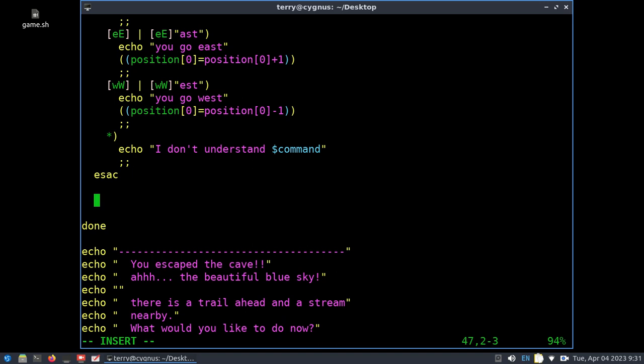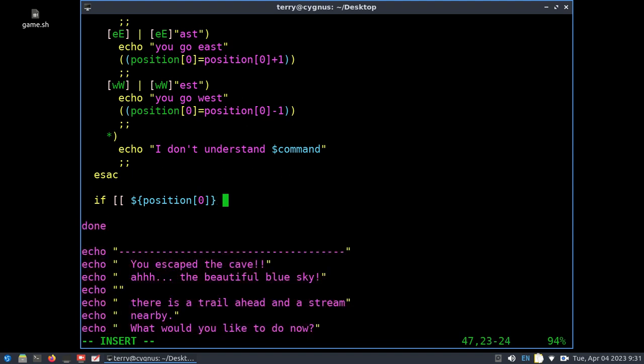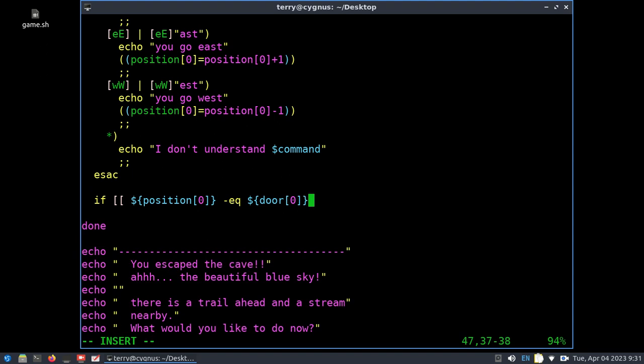I'm going to give them some information, and I'm going to do that with an if statement. So I'm going to go if, and now let's put position 0 is equal to door 0. So in other words, if the user's x coordinate is in line with the door, in other words, if the door is on the same x coordinate as the user,